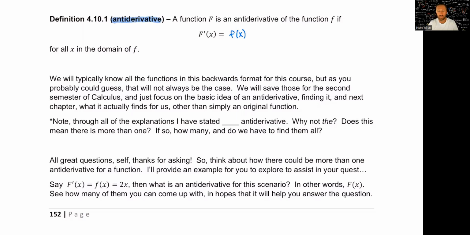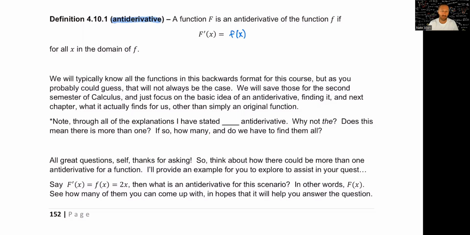And then in the next chapter, chapter 4, which we're wrapping up right now, we learned all the different ways that we can use the derivative and all of its applications. Well, now we're going to be given derivatives, a function that's already had the derivative taken, and we are going to have to go the other direction, called an antiderivative,